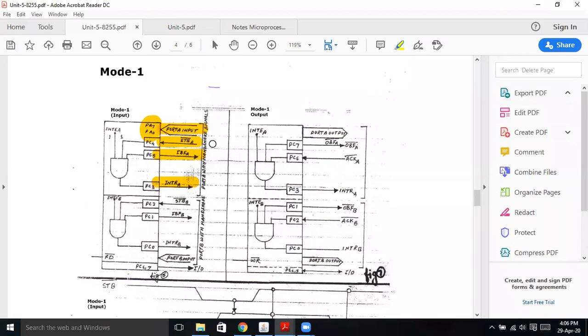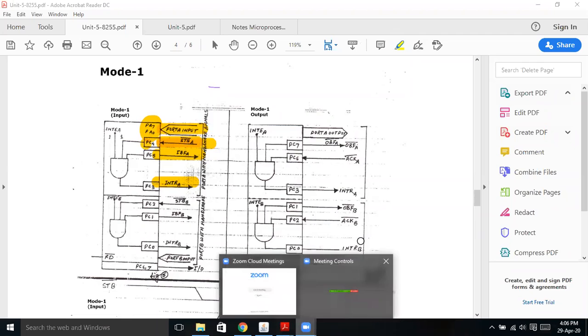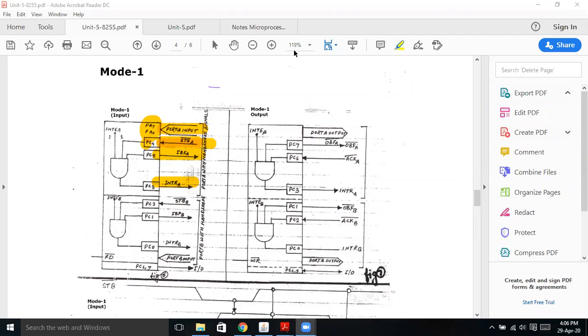This is the stop signal by which the external device tells the 8255 IC that it wants to give some data, or send some data to the microprocessor, or receive some data from the microprocessor.